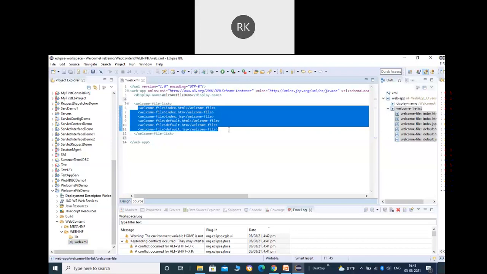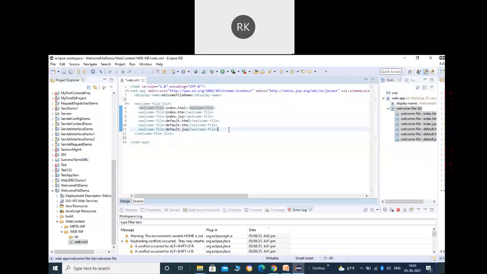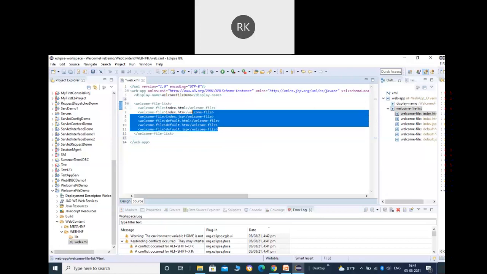The first file that is going to be your default file will be index.html. You can see next we have index.jsp, default.html, default.jsp. Depending upon whichever file you have, out of these files, the name can be anything, like index or default, that will be your default file. The order of preference is from top to bottom. Let's suppose you have all these files, then index.html will be your default file. Let's suppose you don't have index.html, but have default.html. It is available at the fourth position, so default.html will become your default file.